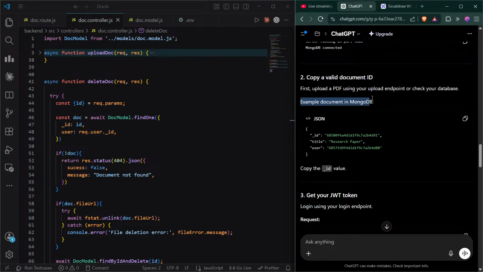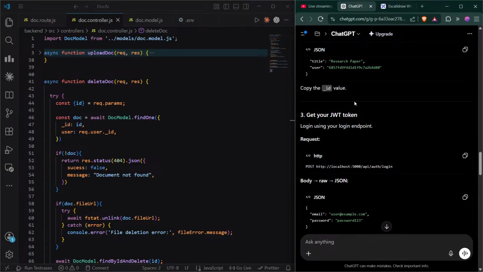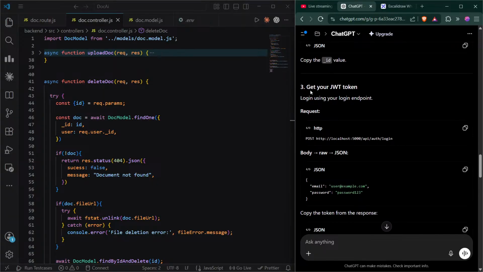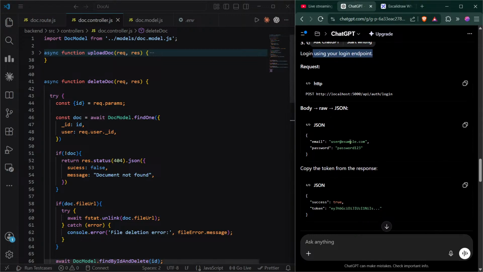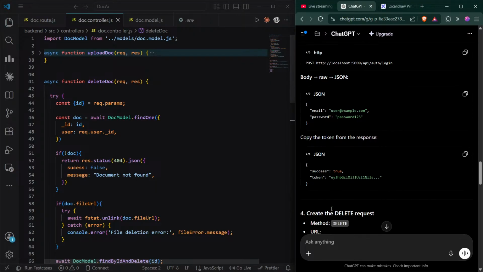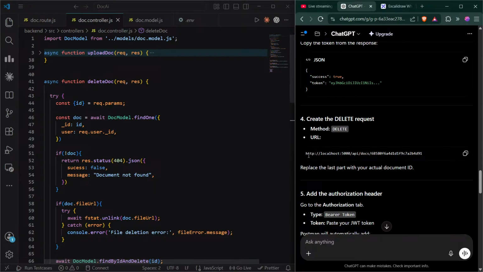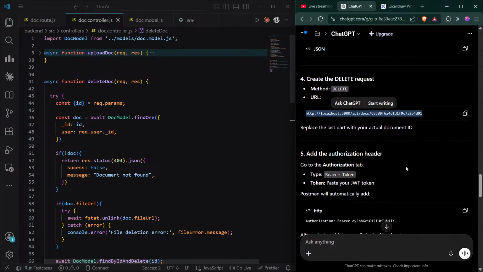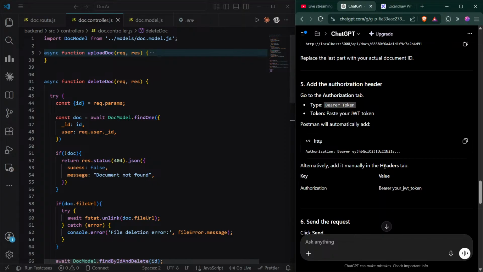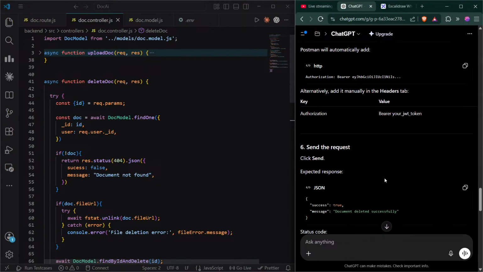For example, a document in MongoDB: first upload a PDF using the upload endpoint and check the database. Copy the ID value, the JWT token, login. Okay, in the body raw, username, password. Copy the token from the response, create a delete request, method delete, with the URL. Okay, replace the bearer token with our token. Alternatively add this, send the request.